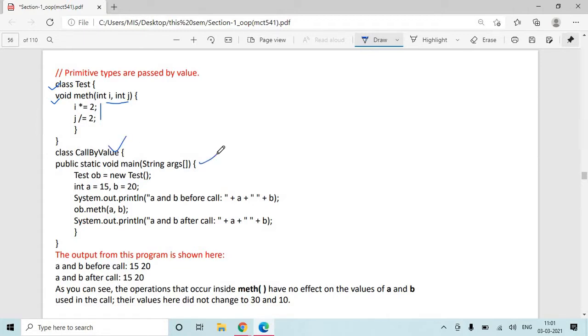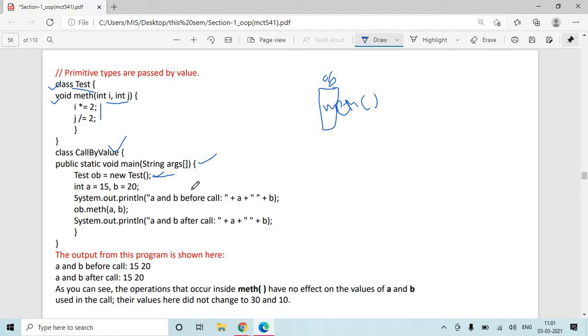We write a main function in it and we create an object of class test. Test ob is equal to new test. As soon as we execute this line, an object ob gets created like this, and this object will contain a math function.